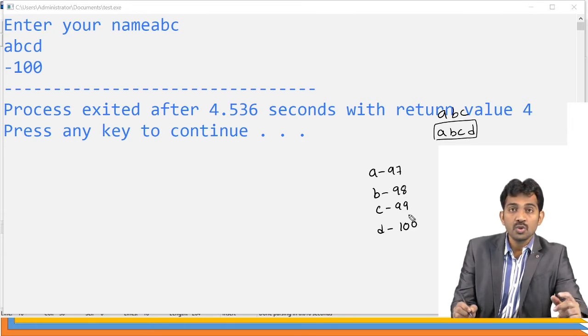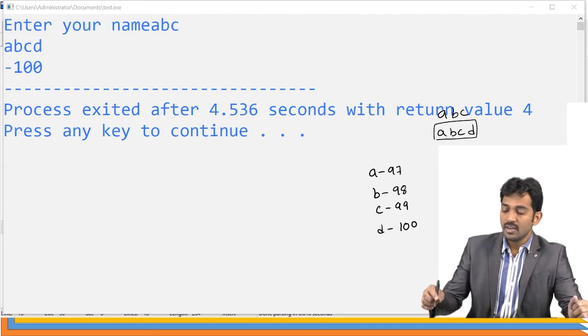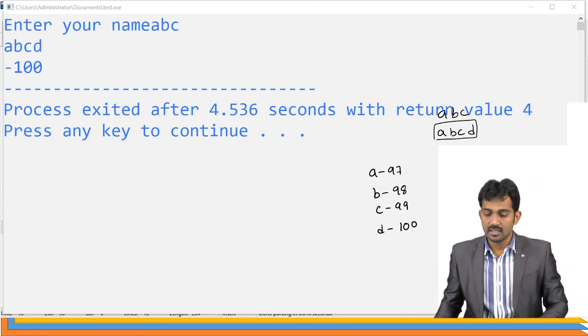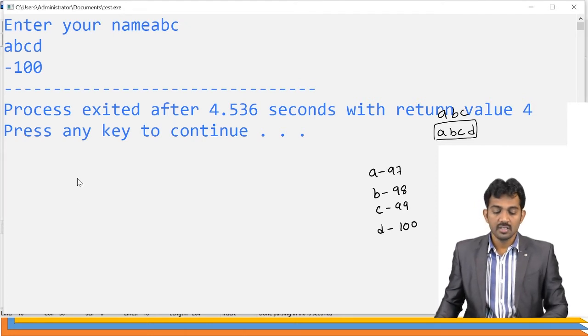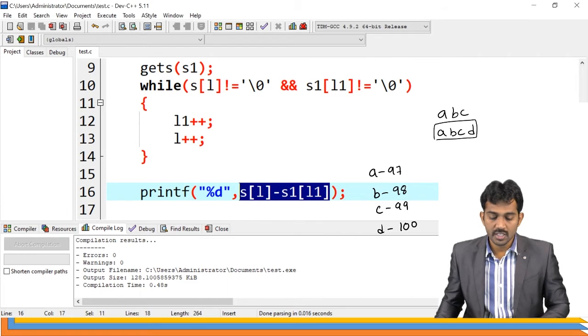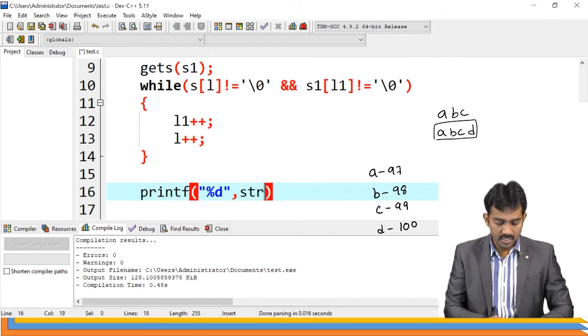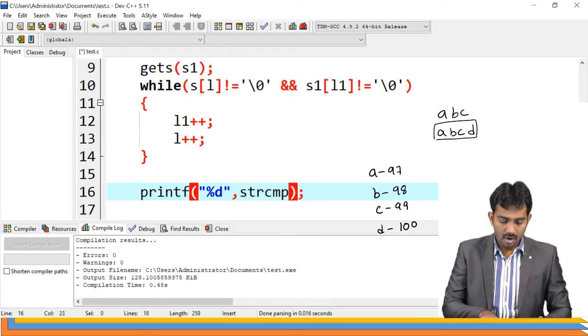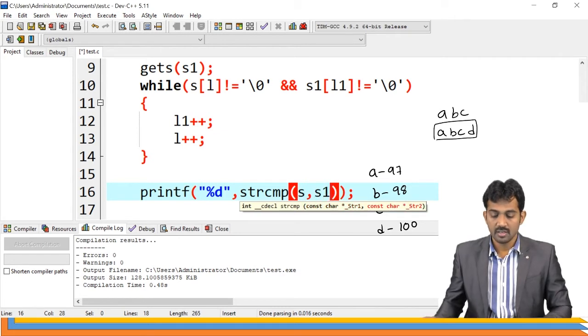Now we are going to compare the two strings. When you compare the two strings, by default, you know already, it is going to compare the two strings and give the result. See, if you use the string comparison function, see what it is going to give. Instead of this, you just use strcmp of S comma S1.